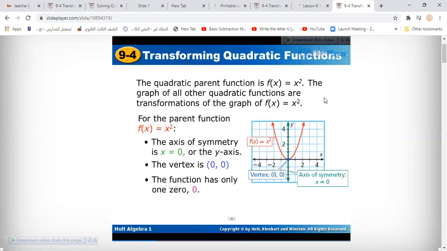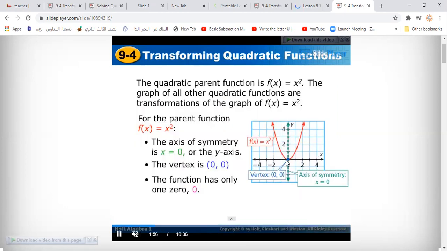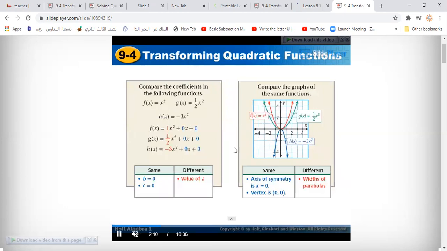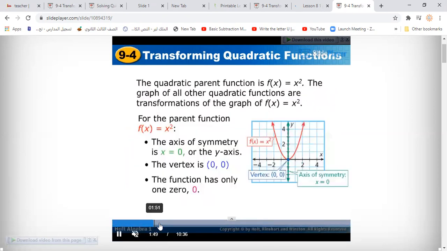Once we have f of x equals x squared, we have to find the axis of symmetry. The axis of symmetry for this quadratic function is 0, the y-axis, and the vertex is (0, 0). The function has only one zero, which is 0, because the parabola intersects the x-axis at only one point. To start to compare between two functions,